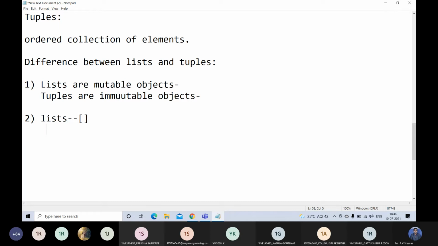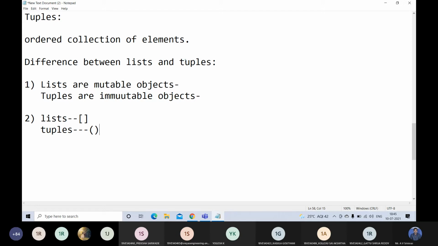Whereas for tuples, we are going to use the parentheses. That means declaration of tuples can be done using the parentheses, but lists can be declared by using the square brackets. These are the two important differences between the list and tuple.